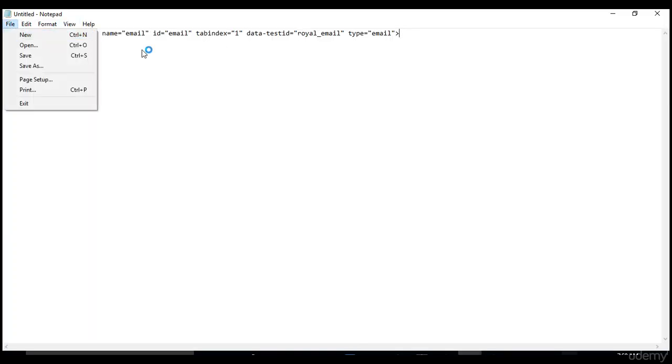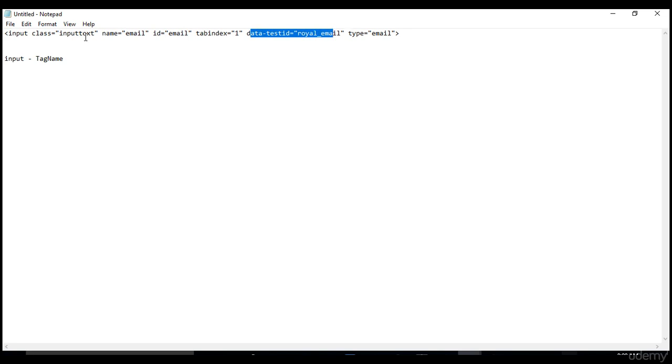So here, by seeing this HTML, what is input? It's a tag name. If you know the HTML basics, I need not explain this, but people who do not know HTML basics have to go through this. So this is the tag name, which starts from this symbol. Class equals some value, name equals some value. All these are the different parameters given to that input tag.